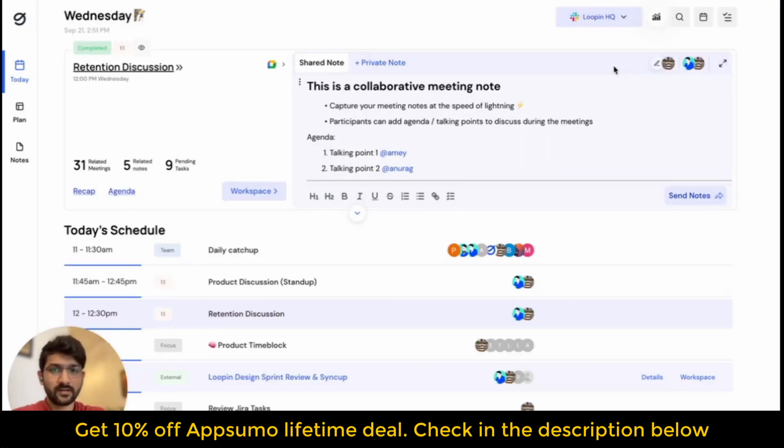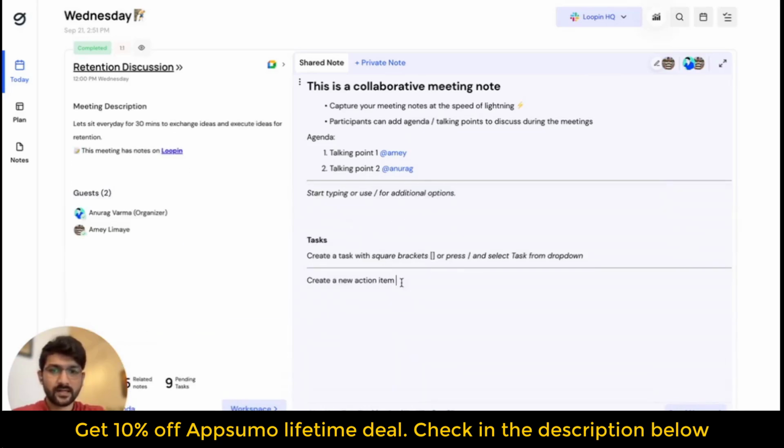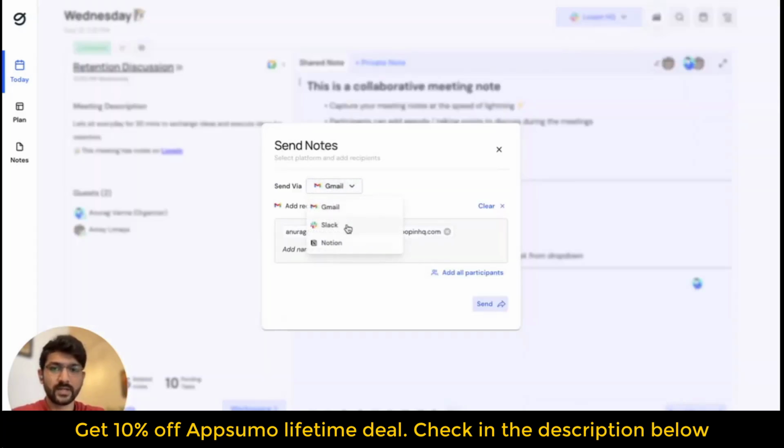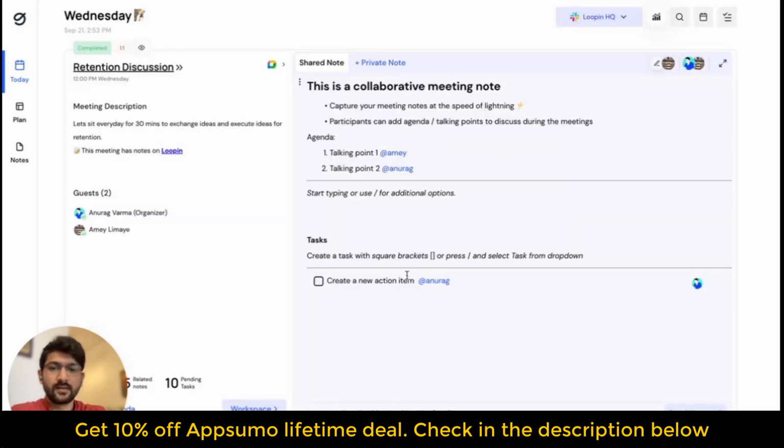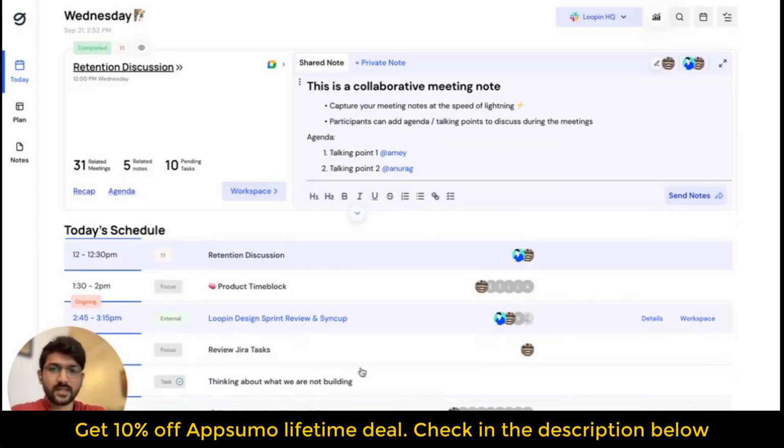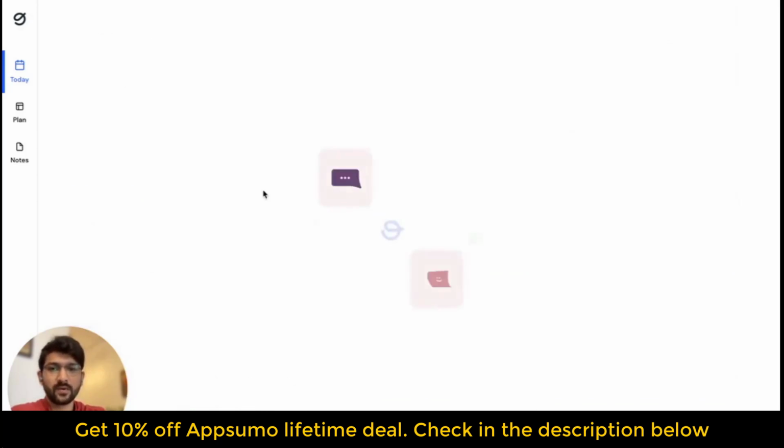Once you've started the meeting, take collaborative meeting notes with your team. Create and assign action items. And once your meeting is completed, just send notes via Gmail, Slack, or Notion. You can expand or collapse this note using the arrow icon or simply enter into the meeting workspace to get